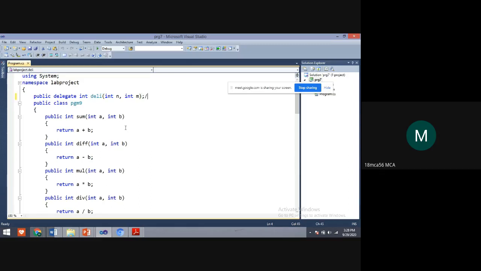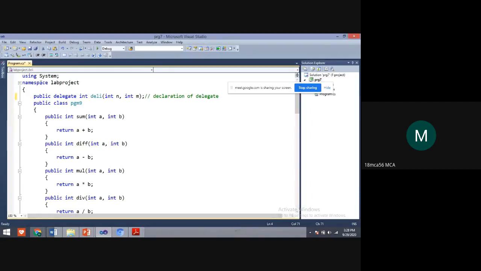This is the declaration of a delegate. What is the declaration of a delegate?